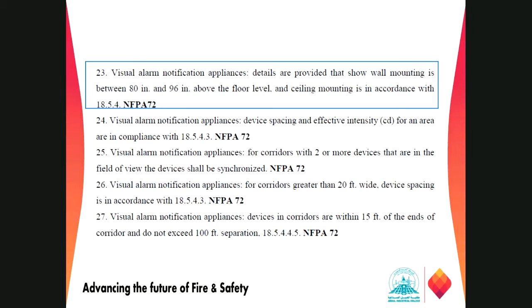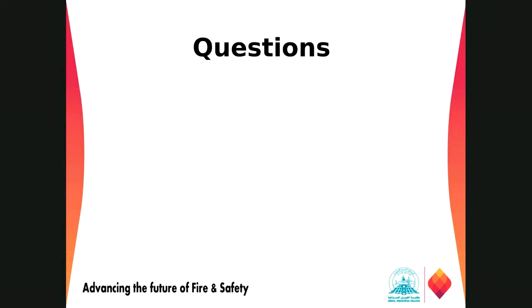The candela rating should be as per 18.5.4.3, right? So all those requirements of NFPA 72 chapter 18 we have to follow for the notification appliances. And here comes the end of those fire alarm system